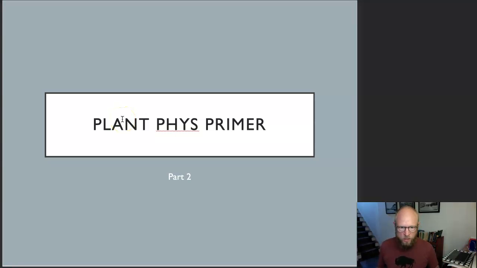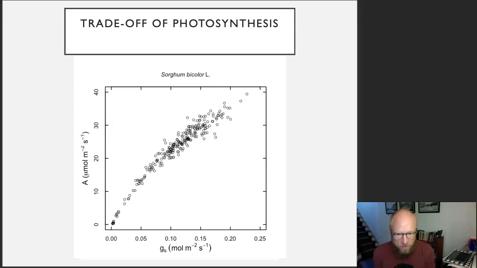All right, this week we are going to finish up our Plant Phys primer. So this is part 2. And last week, this figure was kind of the basis of what I was talking about. And yeah, so this represents a trade-off in plants that is really vital to understanding where plants can live and